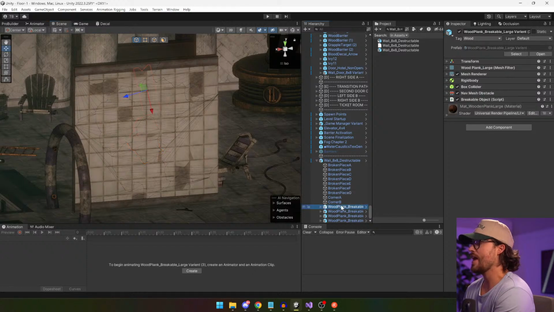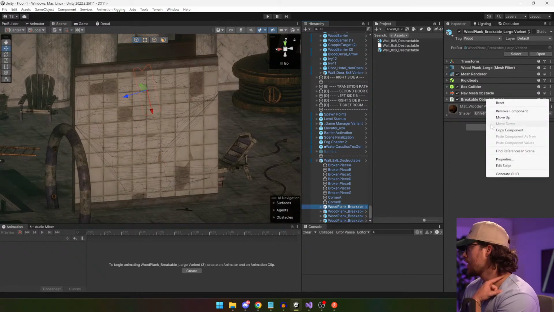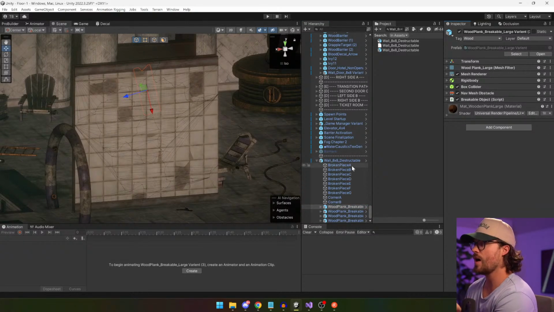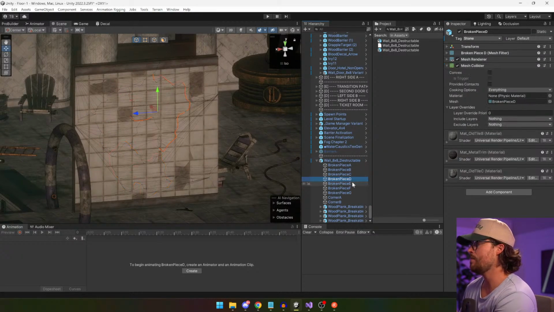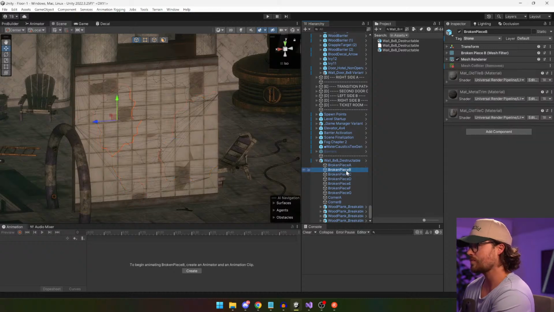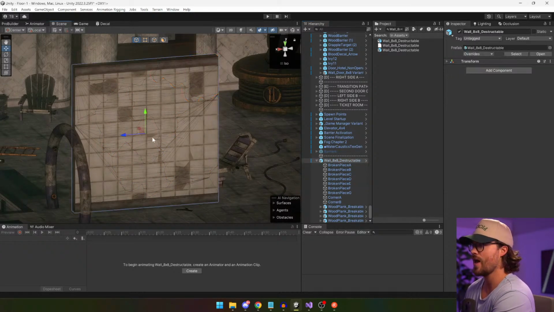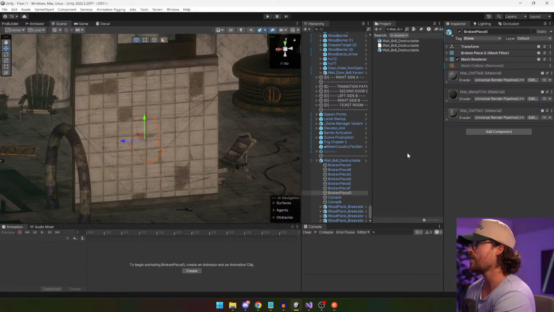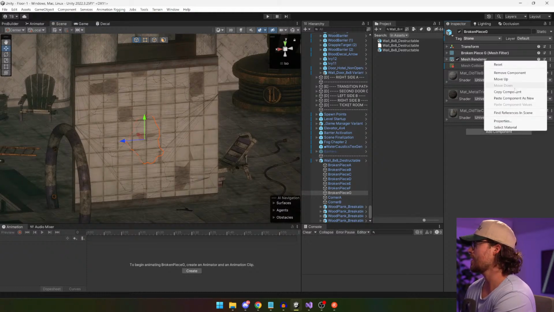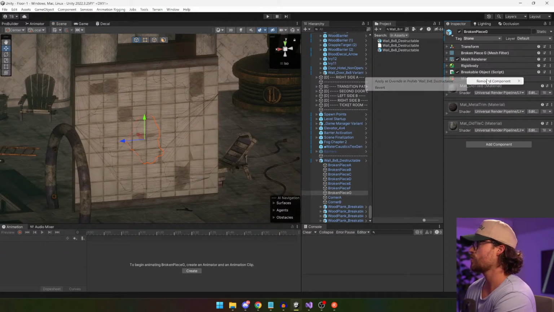And we're going to take the wood plank functionality here, because the wood planks work just fine. They're called breakable objects. And the breakable object has a child of broken pieces, okay? This is actually going to be really, really fun. So I'm going to paste this component here. I'm going to restore